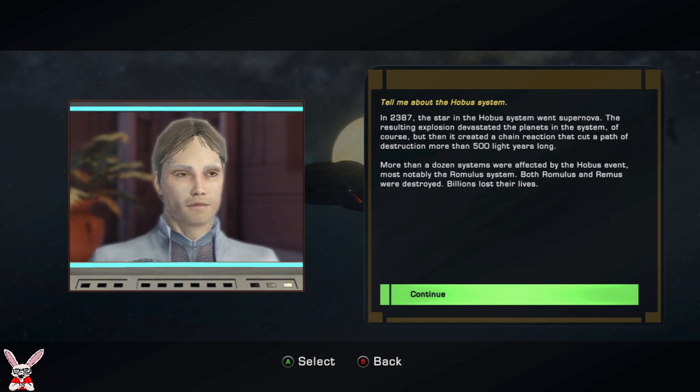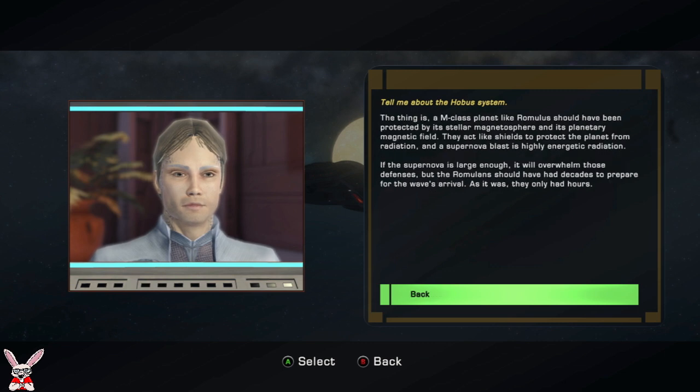Most notably, the Romulus system. Both Romulus and Remus were destroyed. Billions lost their lives. The thing is, an M-class planet like Romulus should have been protected by its stellar magnetosphere and its planetary magnetic field. They act like shields to protect the planet from radiation, and a supernova blast is highly energetic radiation. If the supernova is large enough, it will overwhelm those defenses, but...